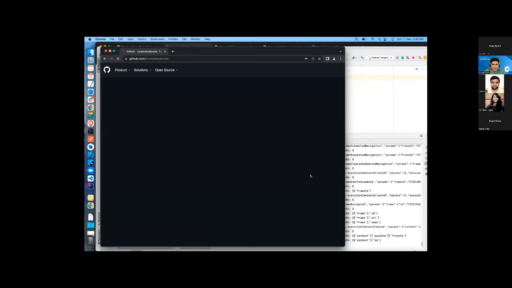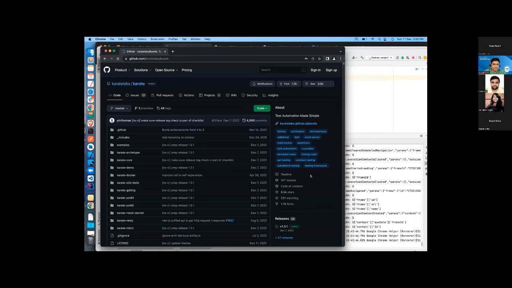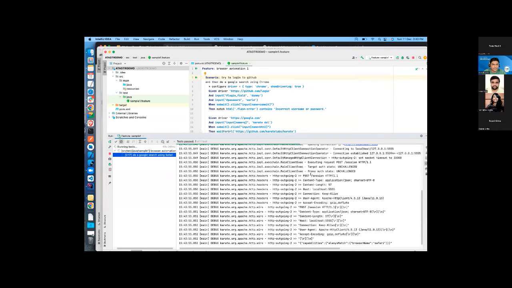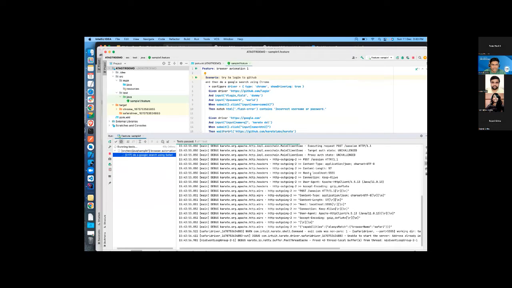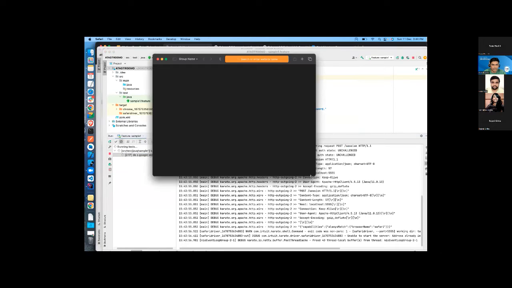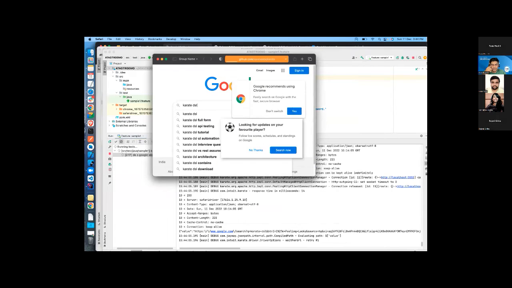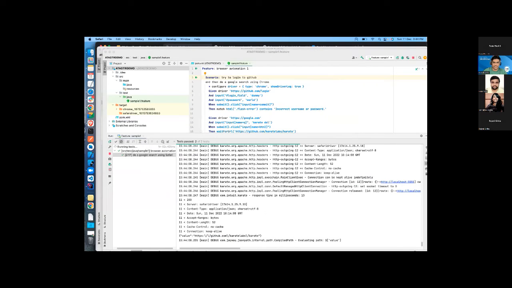We're doing the search. And the second scenario has already started. It has opened up Safari. Just for the showcase, I've kept the Google search part in the second scenario using Safari.